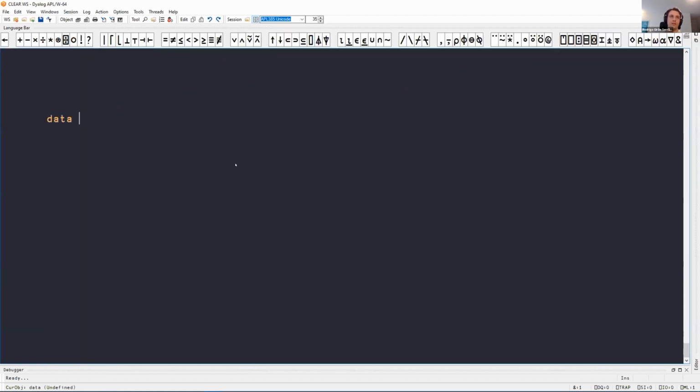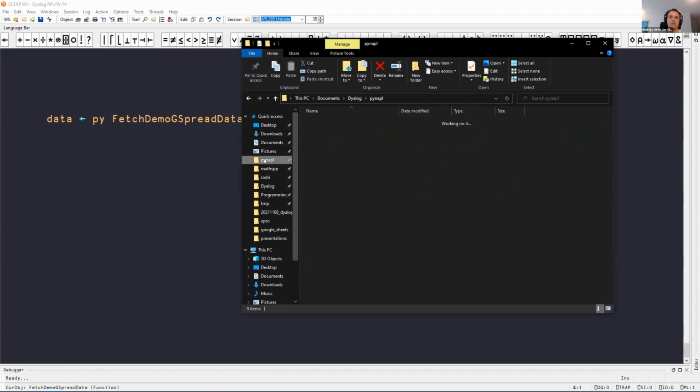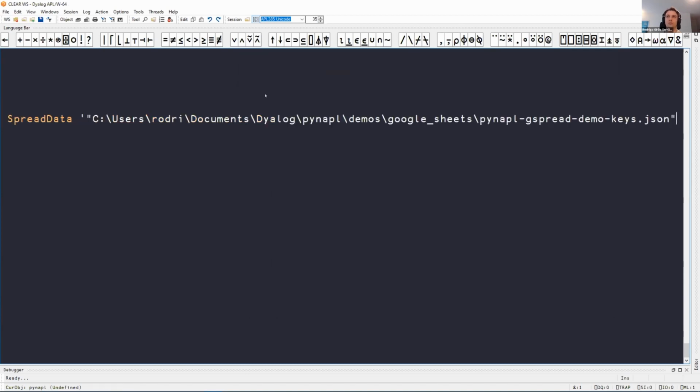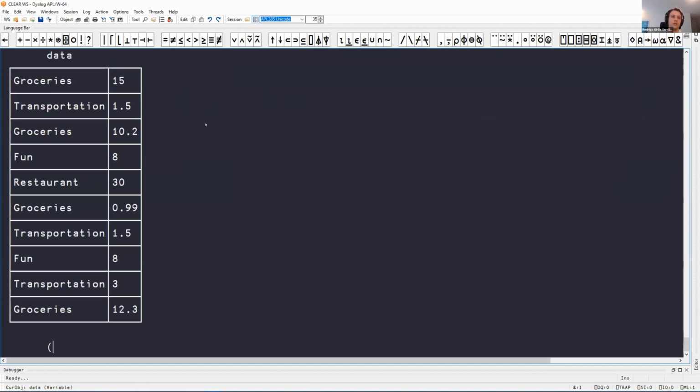And so if I want to get my data, what I need to do is use my Python instance, and then call the function and give it the path to my credentials, and those live somewhere over here. So let's copy the path to the credentials. Let's paste this and delete this. Okay, so now we call the function, and then we get our data, and I get to,